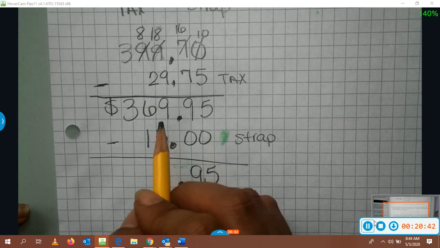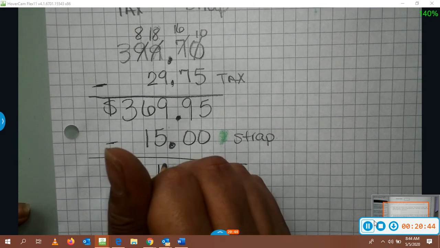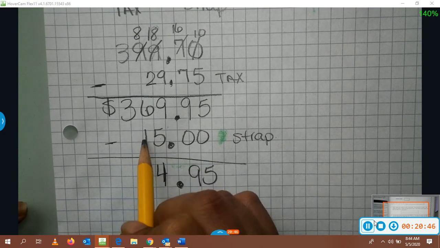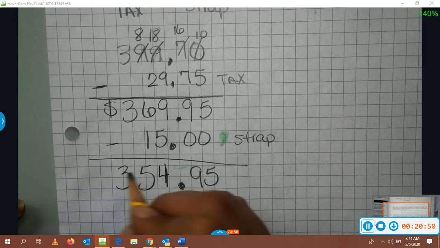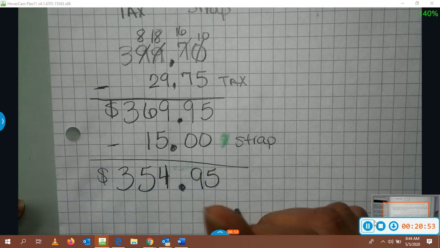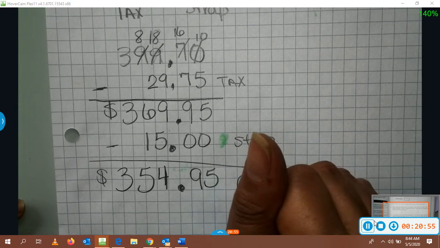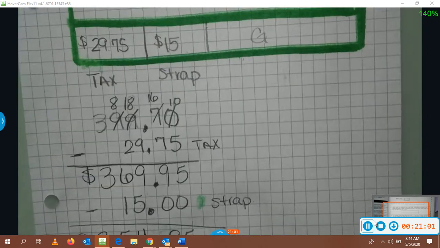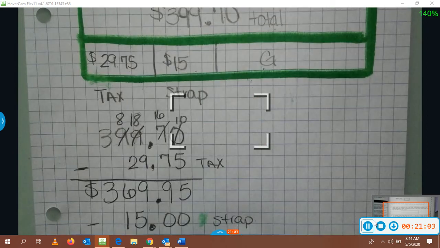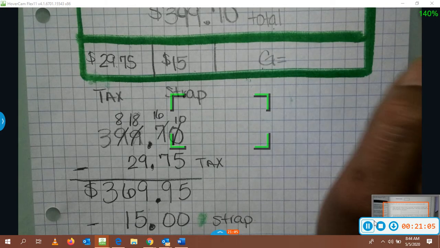Then we subtract 9 minus 5 is 4. 6 minus 1 is 5. And then you just bring the 3 down. So the price of the guitar is $354.95. So then you go back up to the top where the G is, and then you'll put G equals